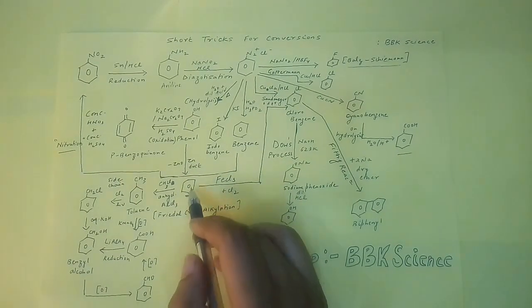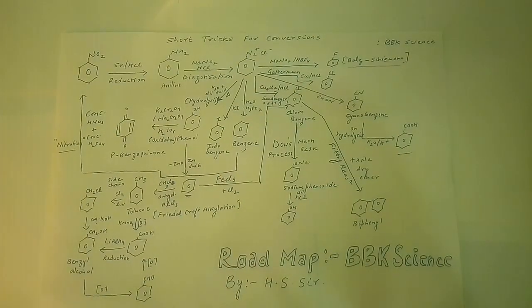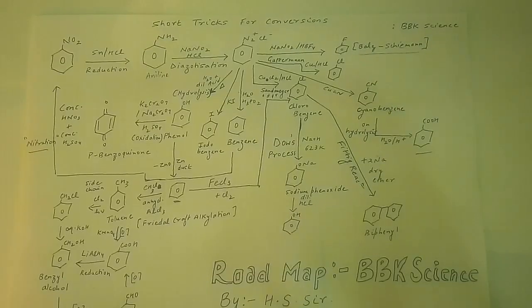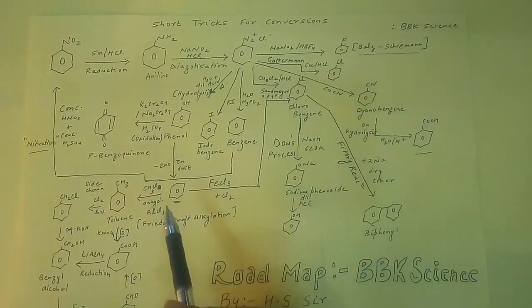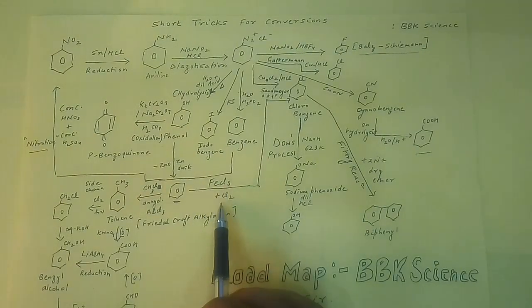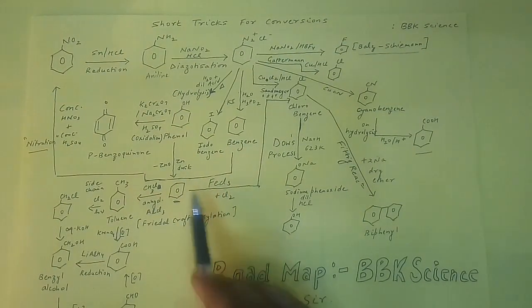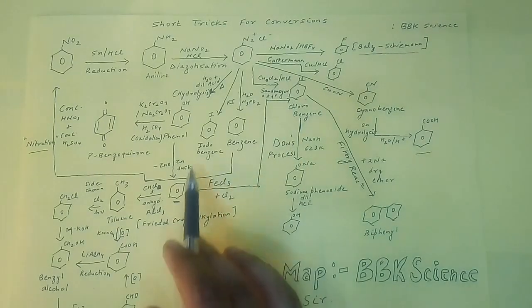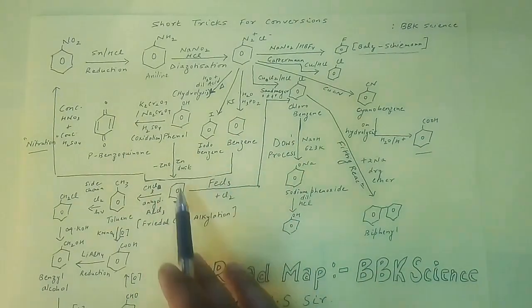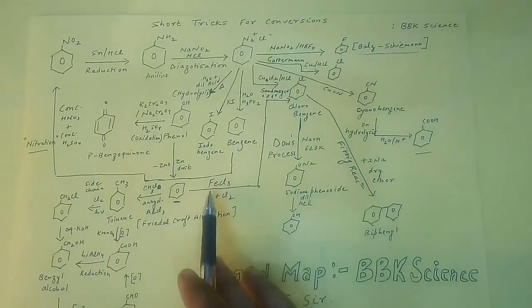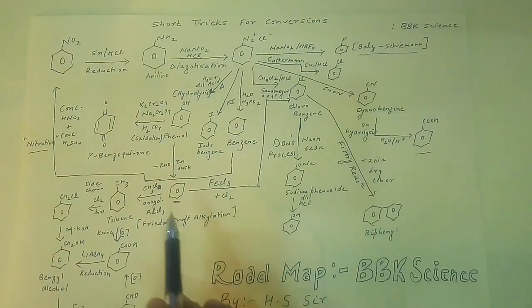Benzene in itself is a very good product, or it can act as a reactant for different reactions. So how can we use benzene for different reactions? For example, when I react benzene in presence of FeCl3 with chlorine, then I'll get chlorobenzene. So from phenol I have got benzene, and from benzene again I can have chlorobenzene by reacting it with ferric chloride FeCl3 in presence of chlorine.